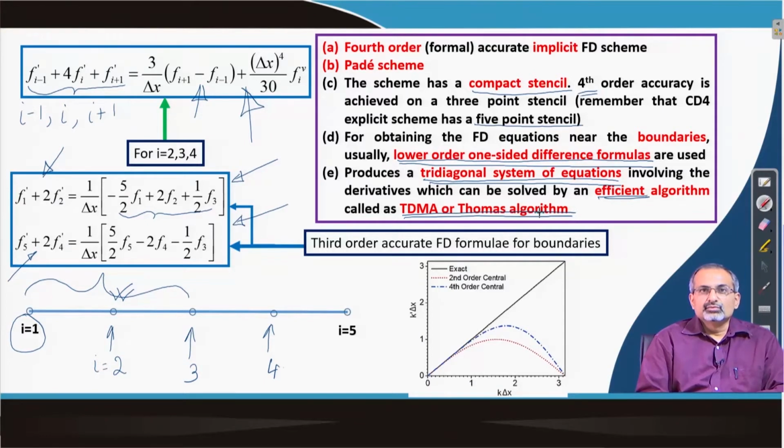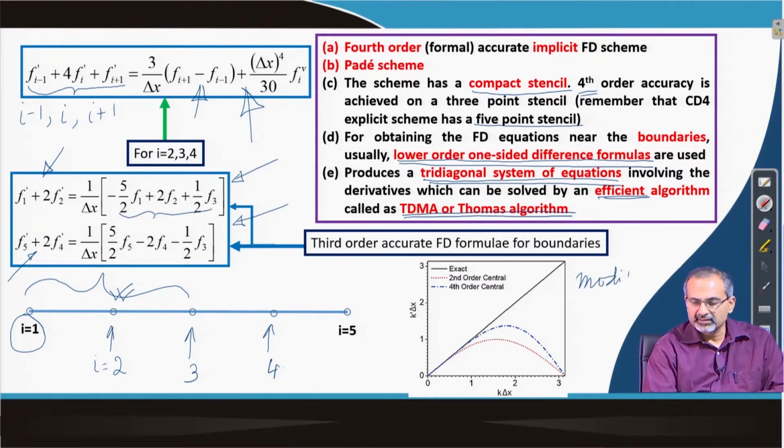We also need to discuss one point, that what is the kind of accuracy this scheme is going to exhibit when we look at it from the modified wave number perspective. So, we recall that this was the plot we made to study the modified wave number approach, and it can be shown that this scheme would do more superiorly than the CD4 scheme that we discussed before.